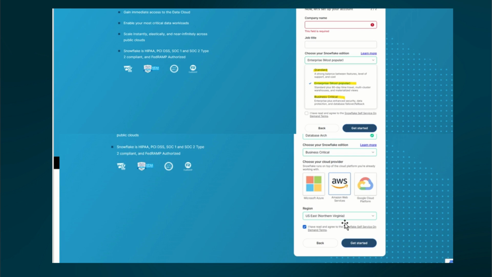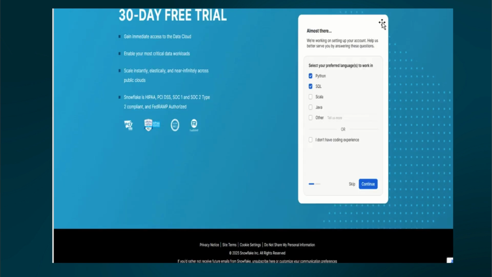So that's the impact. You have to be vigilant, and select the region based on your requirement, your users, and where most of your business is. So you have to select the region like that, click the checkbox, and hit the Get Started button. After that, you can see another window appear in front of you,